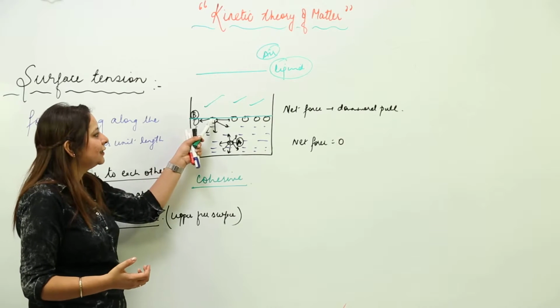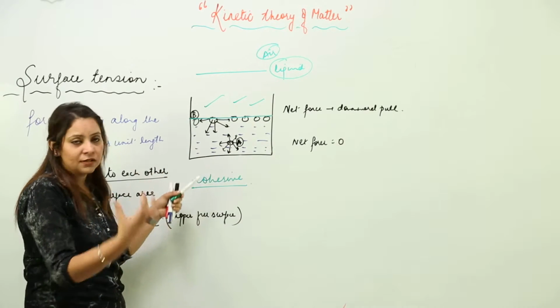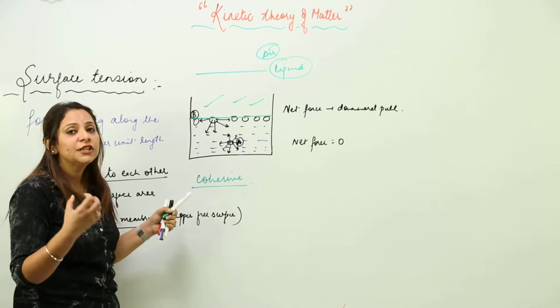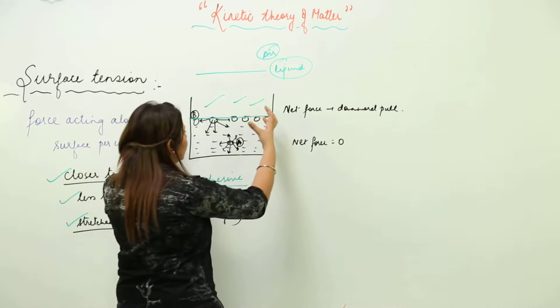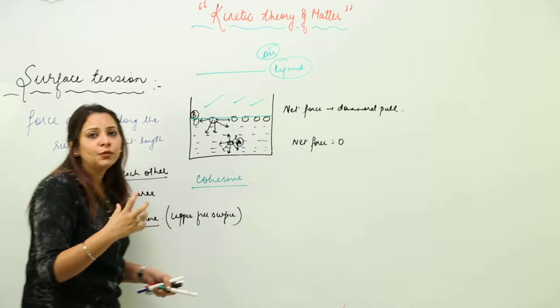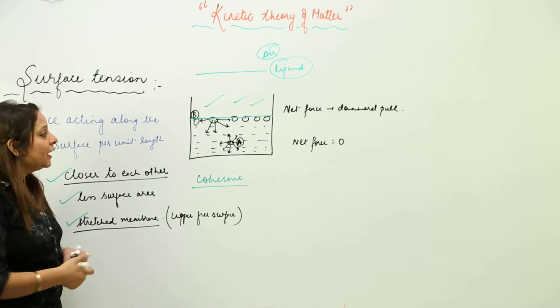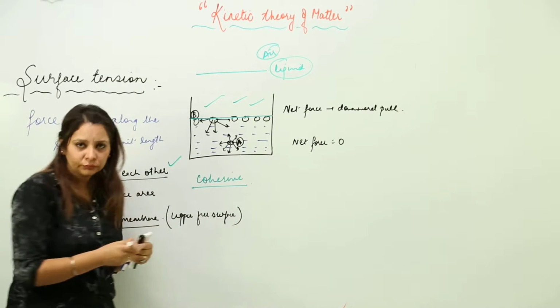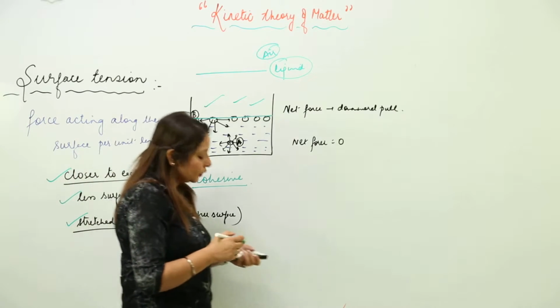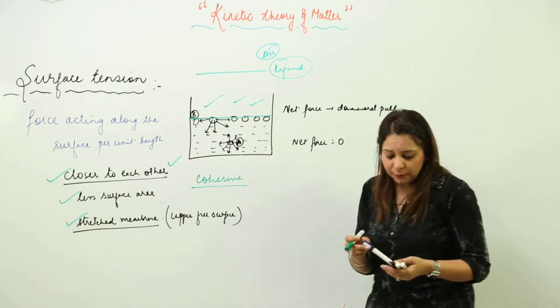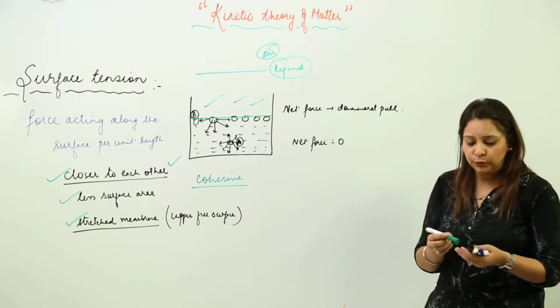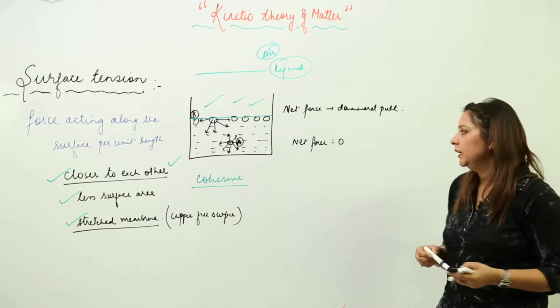But here, as it is exhibiting a net downward pull from inside, just to balance that, they will start coming closer to each other and they appear to be a stretched membrane. So this is what surface tension is, and this is the cause you are going to explain. Now you know that due to surface tension only, we see certain phenomena, like